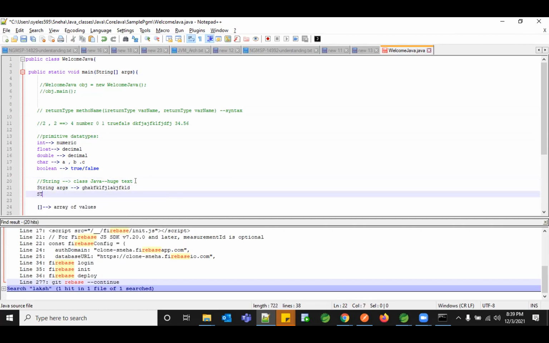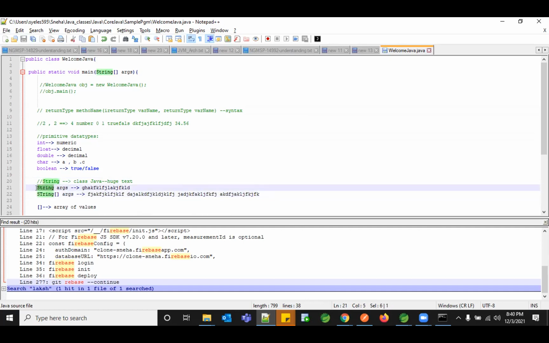But if you want to give a string array of arguments, then you can give any number of texts, and there is no size limit. You can give any number. If you're giving any number of inputs, then you have to use an array. Otherwise, if it's single, you can just go with string. And this is again a reference name. There is no need that you always have args. You can give just a name as well. There is no need to follow this particular args.